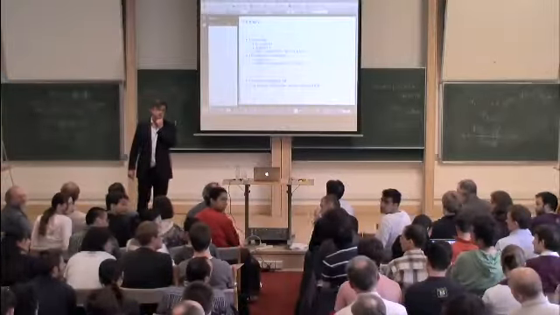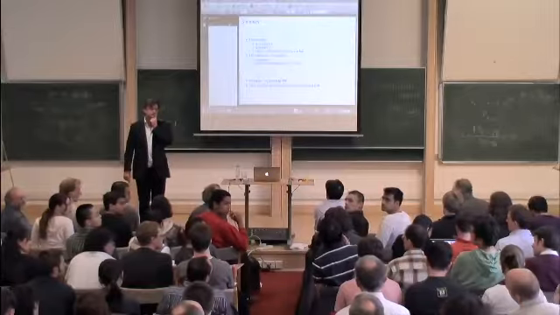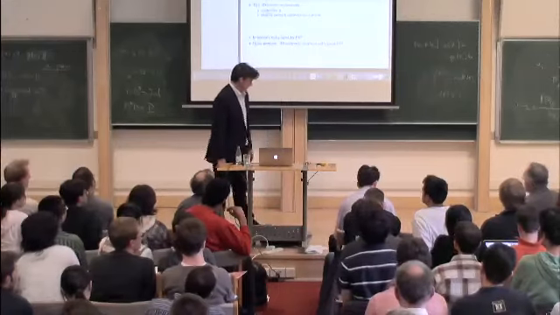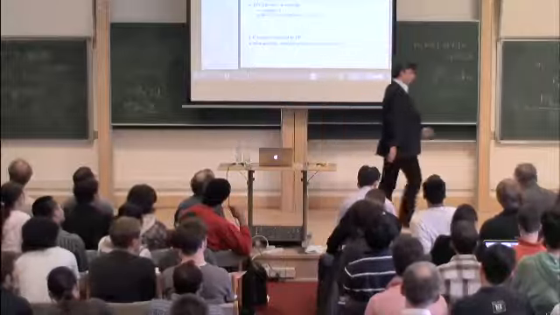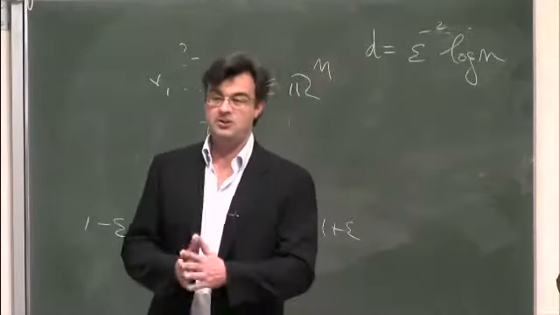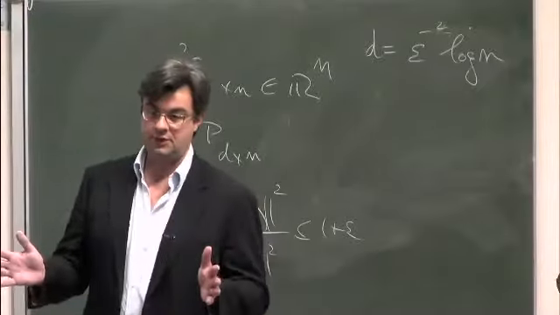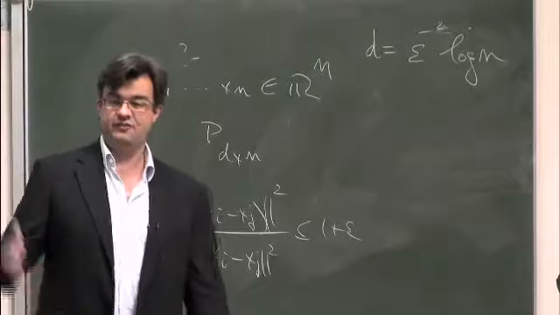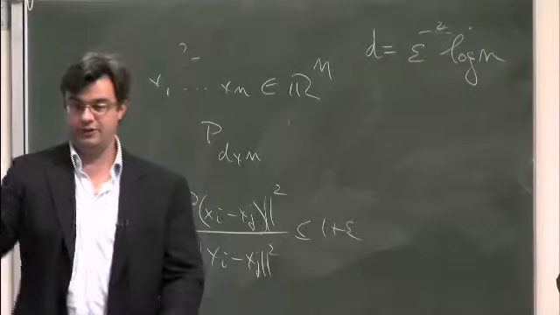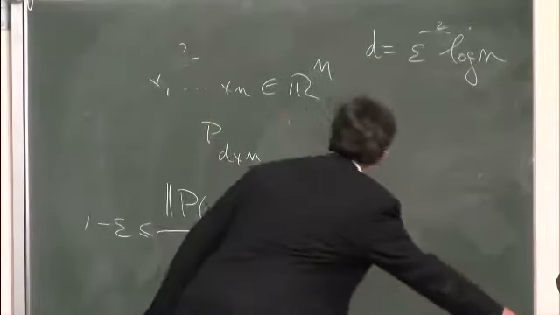Could you explain the upper bound of the RIP? I think you explained the lower bound. Do you have some explanation for the upper bound? The upper bound for the restricted isometry property? Well, I think I drew a picture. Suppose the RIP is not upper bounded. Then you can have vectors that are much bigger than others. But that's a problem because you go back to my picture.